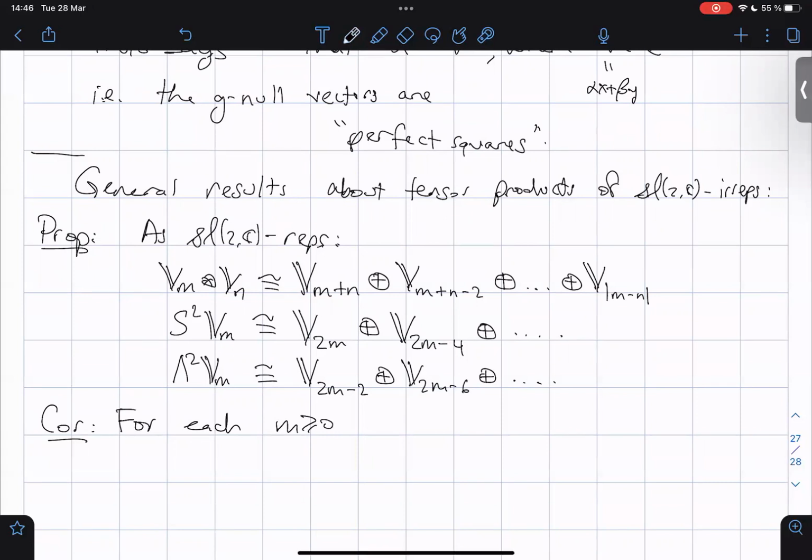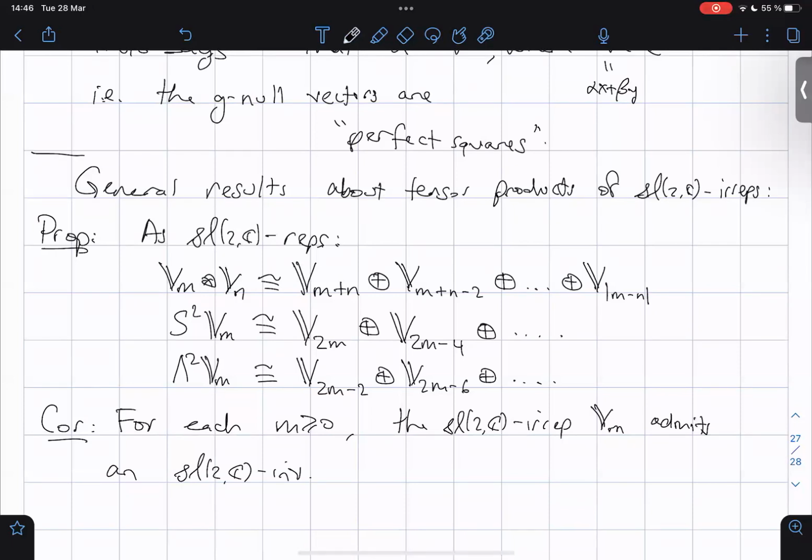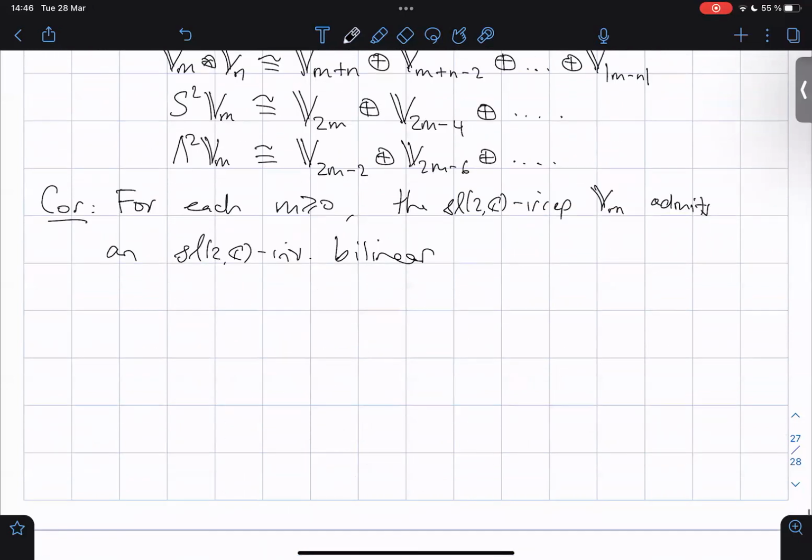For each integer M greater than or equal to 0, the SL2C representation V_M admits an SL2C invariant bilinear pairing